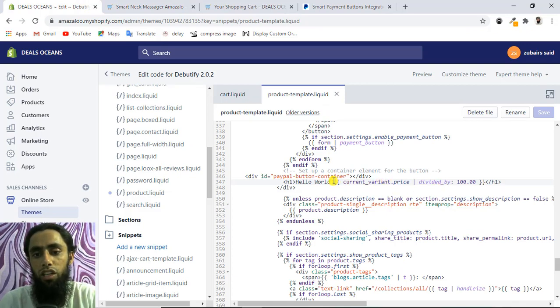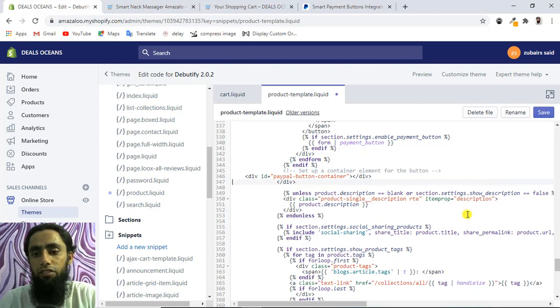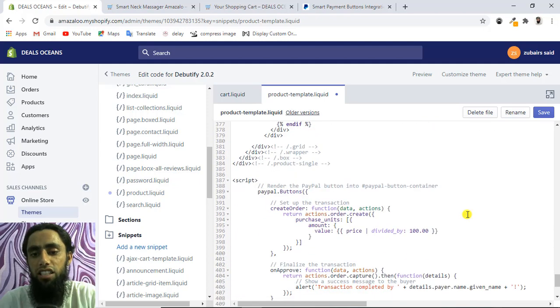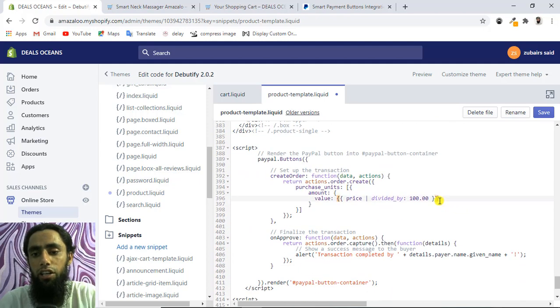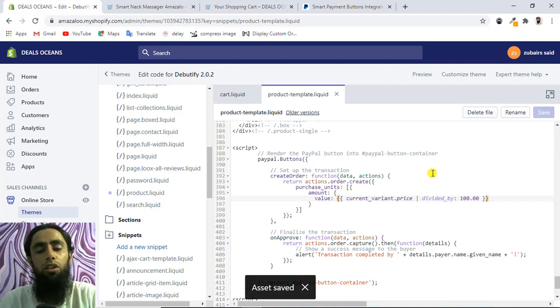So we need to copy this whole bunch of code from here, and delete the line from here, because we no longer need this line now, and we need to paste that line over here. So you can see that the exact value which we have just confirmed from there would be passed to the PayPal. In that way we will be able to accept the payments using this specific formula which we have used.